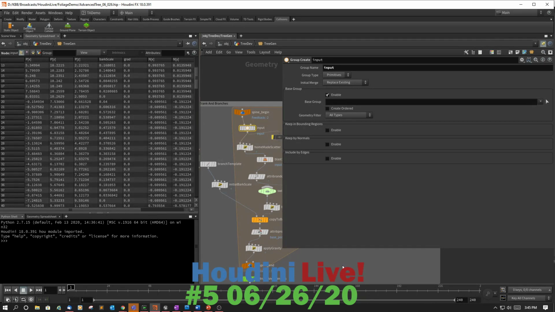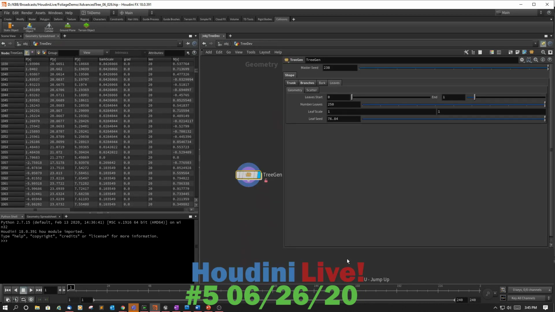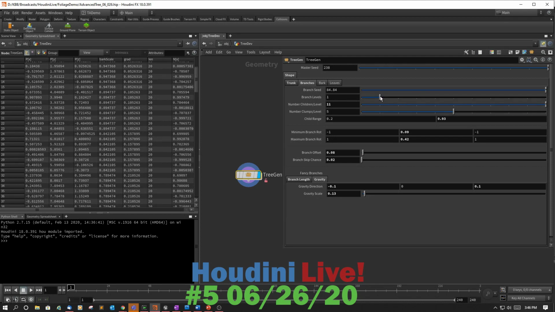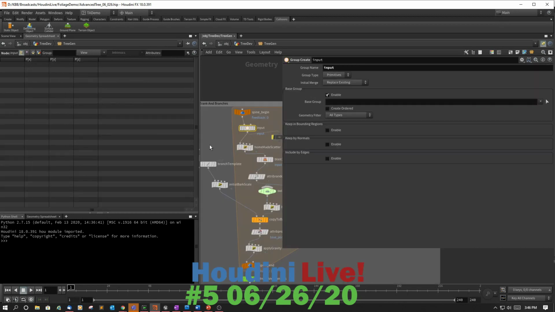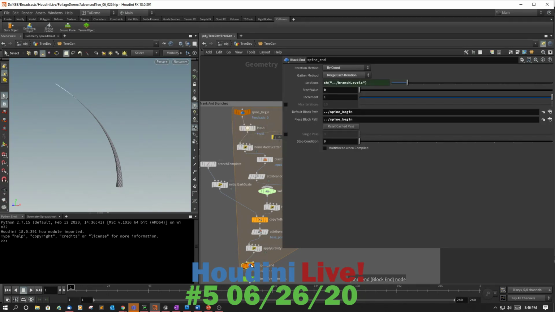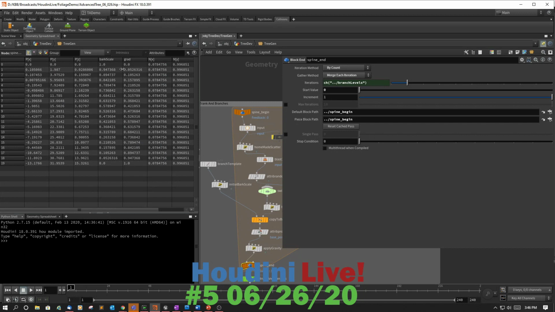Oh yeah, let's go back into history and show how to do this. If we go up to tree gen, and we've got the number of branches, we've got 3 iterations, but let's just say it's 1 iteration here. So all we're doing is just dealing with the center spine here. Then we're coming through here, and we know that by the end here, our grad is going to go from 0 all the way up to the tip here. Okay, so we know that that's the case. But as soon as we add a second iteration layer,